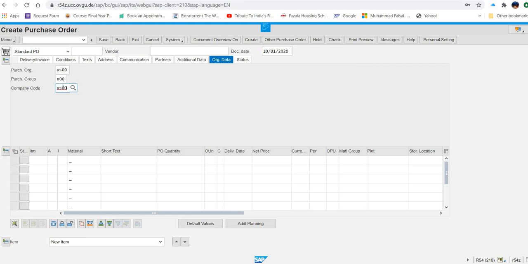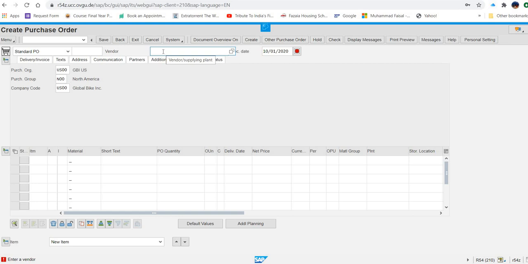Then what next? They are asking us to press enter. When you press enter, they are asking us to enter the vendor. Now what do you have to enter in the vendor field?